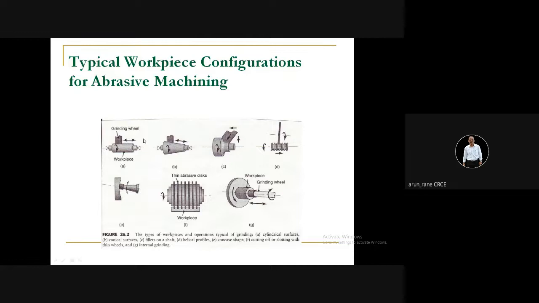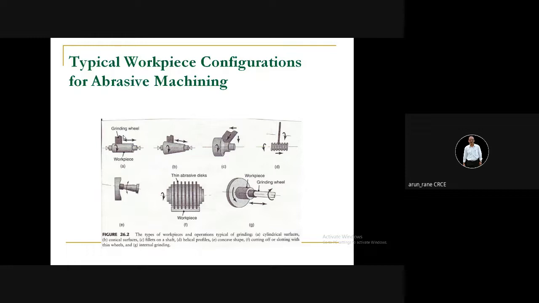Like here now, the first diagram, the workpiece is rotating, the grinding wheel is rotating. In any grinding operation, the grinding wheel will always keep on rotating. Remember, the grinding wheel is not stationary. Why? If the grinding wheel is stationary, the cutting will happen, but the grinding wheel will erode only at one point, which is in contact with the workpiece. So after two or three pieces, the grinding wheel will become oblong. It will never be round.